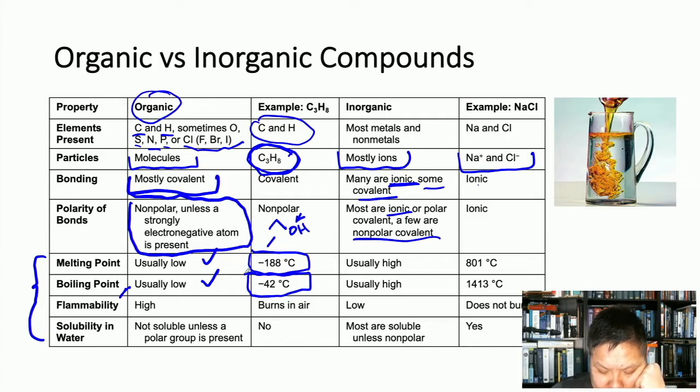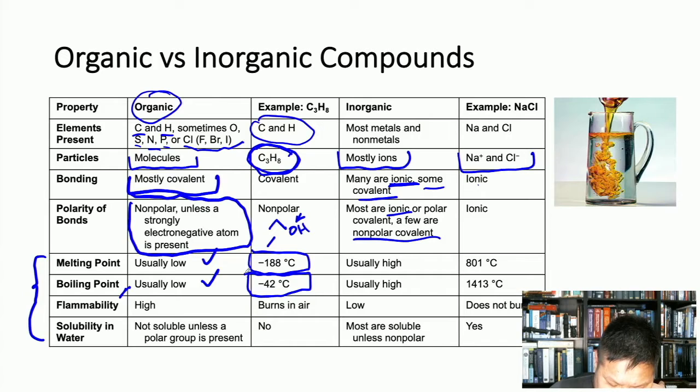I'm trying to remember. I think Titan, the moon around Saturn, has lakes of ethane, I think, or methane. One of those hydrocarbons. I can't remember which one. But it's so cold there that there are lakes of these things, right? There are lakes of ethane, which is crazy, right?